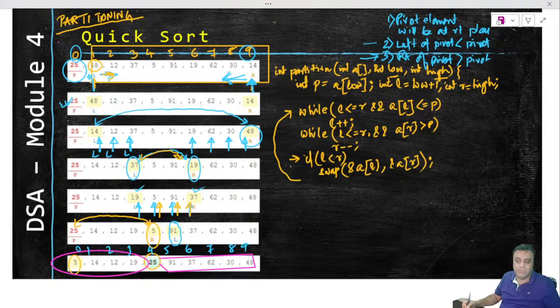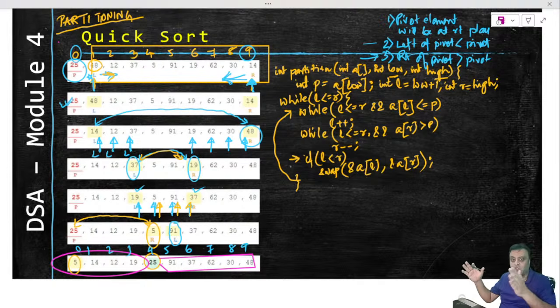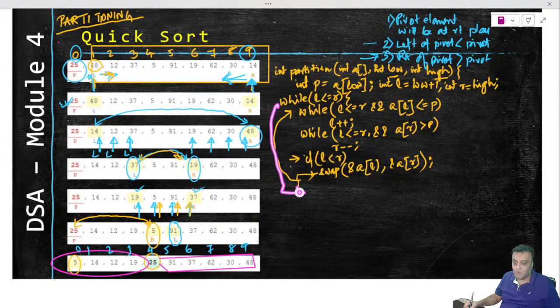Again it should start moving the left pointer to the right, right pointer to the left. So don't you think we need one more loop outside? That one more loop outside will be while left less than equal to R. Right? So I will do this particular loop so that this entire thing starts again. Left starts moving, right starts moving, and if they stop again in between, without crossing each other, then this swap will again happen. Again it will keep on moving. Until what time? Till left and right cross each other, because I have given the condition of cross here. Right? When left and right cross each other, then only it will come outside the loop.